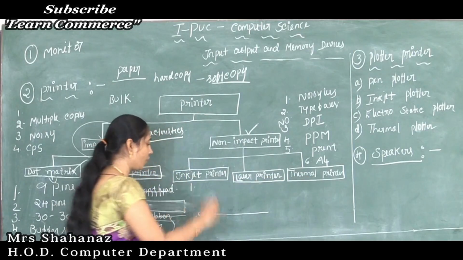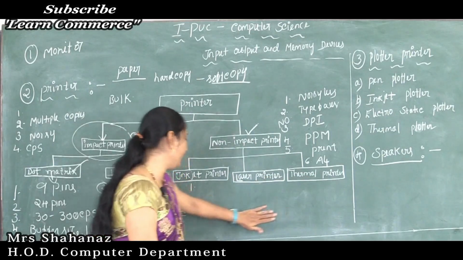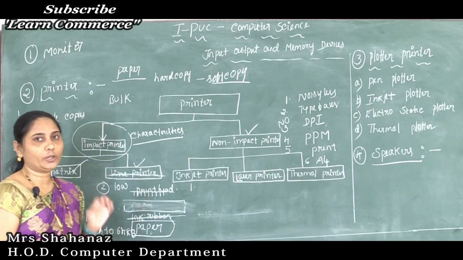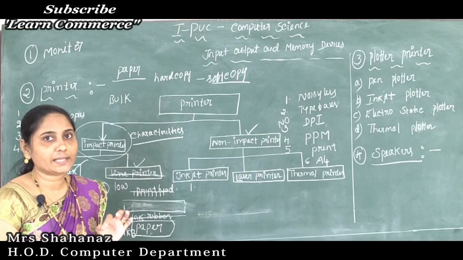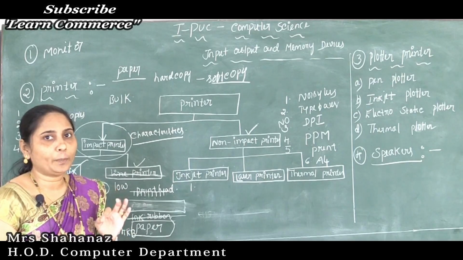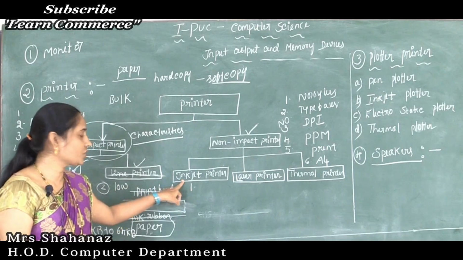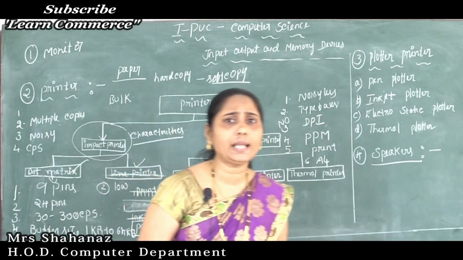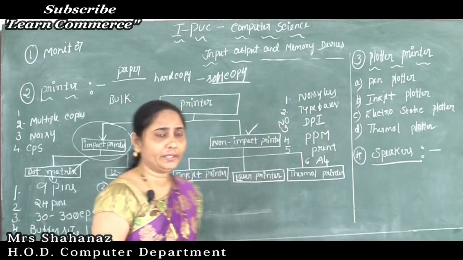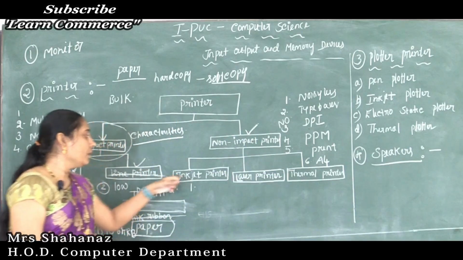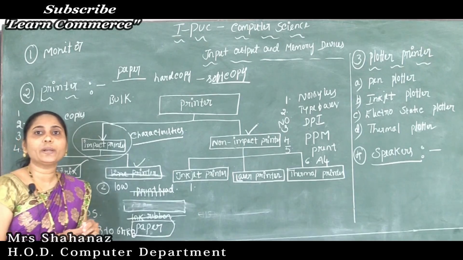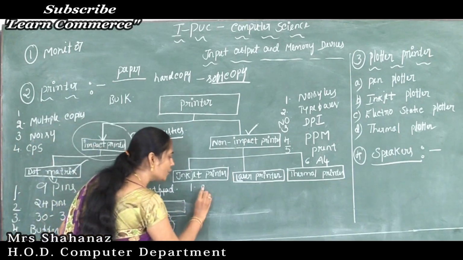Okay, now first of all I am selecting the first printer, that is inkjet printer. Clear this point? Non impact na types annu iga nan select ಮಾಡ್ತಾ ಇದ್ದೇನೆ. So non-impact types, now the first type is the inkjet printer. In our inkjet printer, the resolution of the printer. Now what about the resolution?